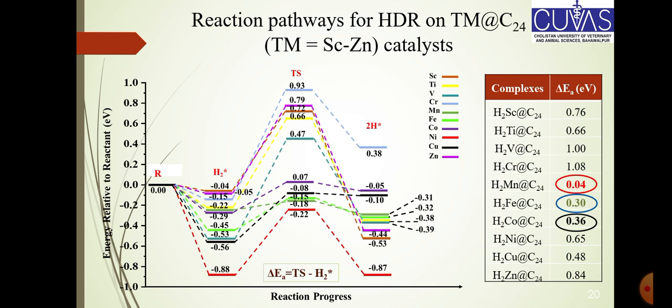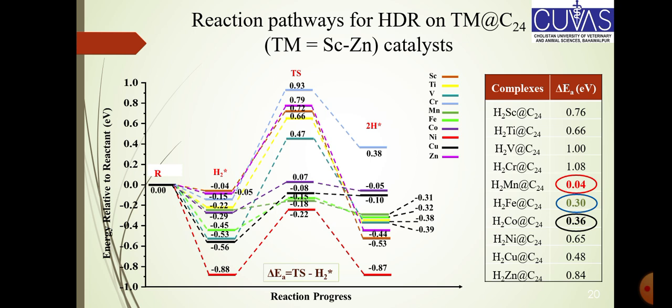The given figure illustrates the reaction pathway for the hydrogen dissociation. It consists of relative energies of the reactant, intermediates, transition state, and final product. Among the studied hydrogen metal complexes for the homolytic dissociation, the lowest energy barrier for hydrogen dissociation is calculated for the manganese catalyst, whereas the highest barrier is seen for the chromium catalyst.